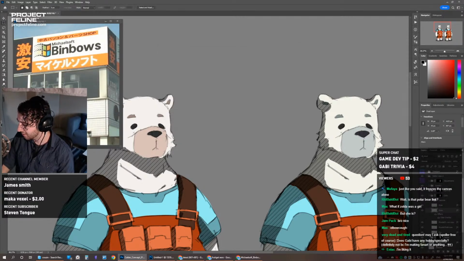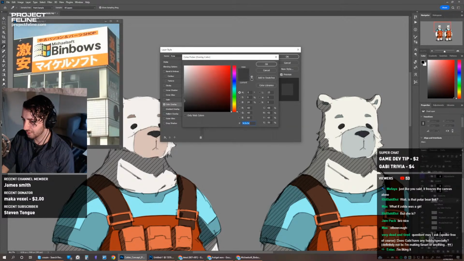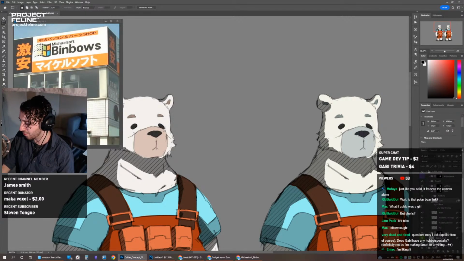Oh wait, is that the right layer? Oh, that is cool. So the values are staying the same, but the colors are changing. There's a bit more green. I think it's just because of the filter on the picture. But that's cool. It has kind of a 90s aesthetic. Kind of nice.